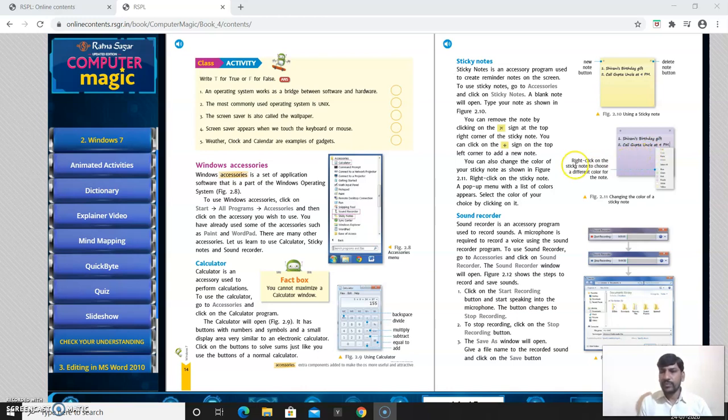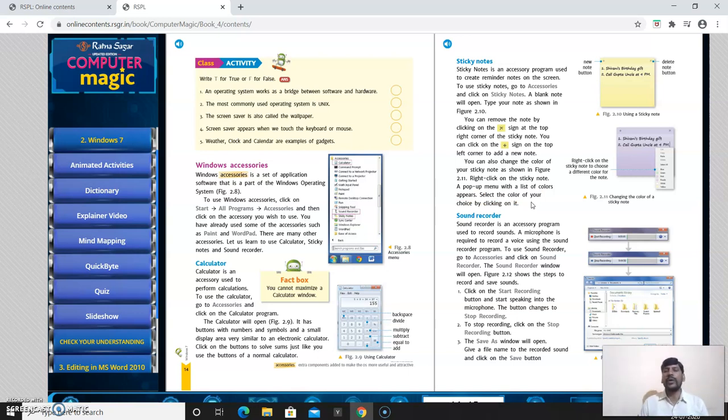Right click on the sticky note and a pop-up menu with a list of colors appears. Select the color of your choice. By clicking on it, the color will be changed automatically.